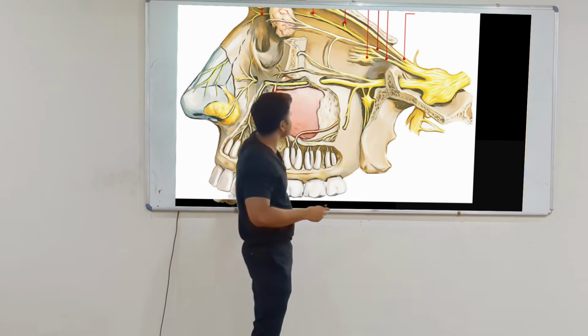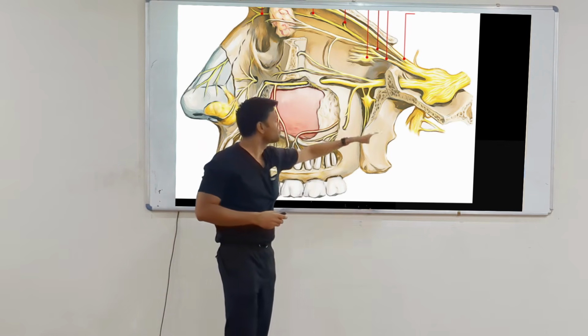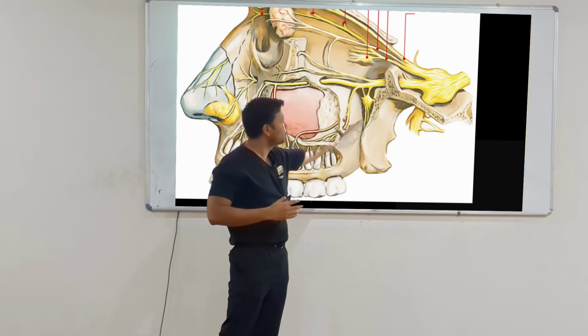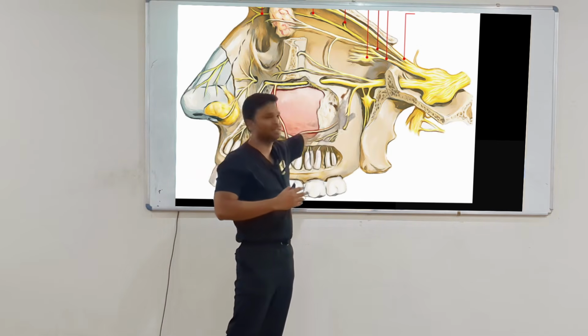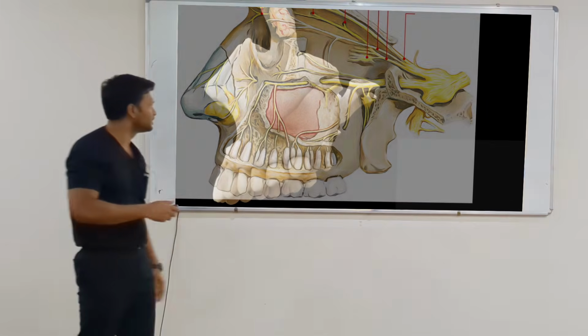Another thing, can you see this is the orbit and this is the pterygomaxillary fossa. Okay, so somehow if we are going through the bone and reaching this side, there is a possibility that our needle might get deflected and reach the orbit. Okay, again this comes into play in other nerve blocks.